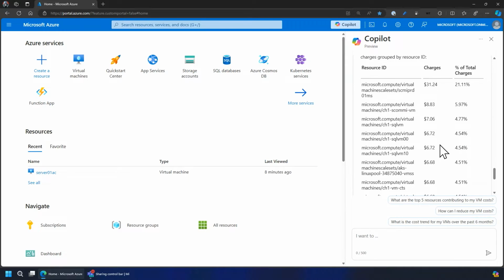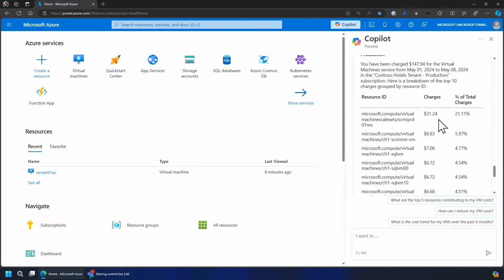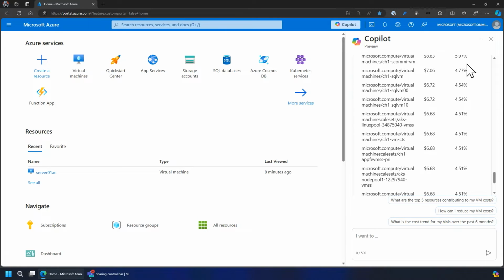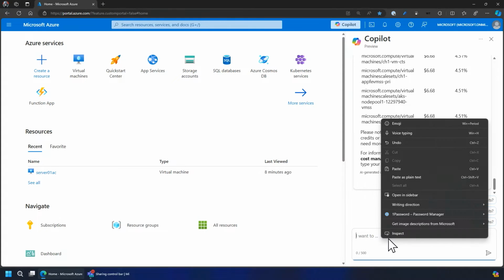So in this case, I can see that in this particular subscription, I have spent $147 for virtual machines from May 1st to May 8th, which is today. It gives me a list of my top 10, the percentage of the charge, and so on. So it basically just went out, got the info, and pulled it up for me. But I can say, for example,